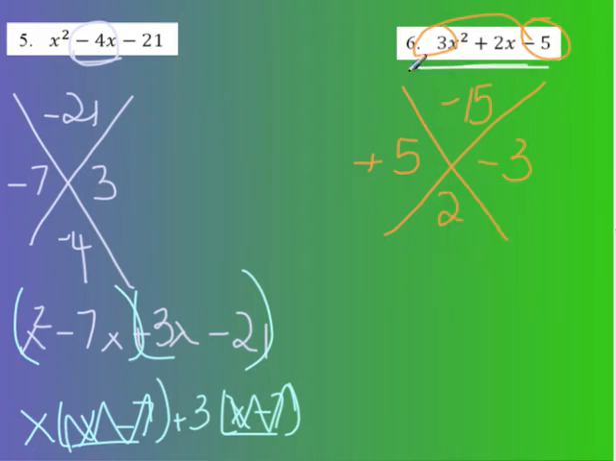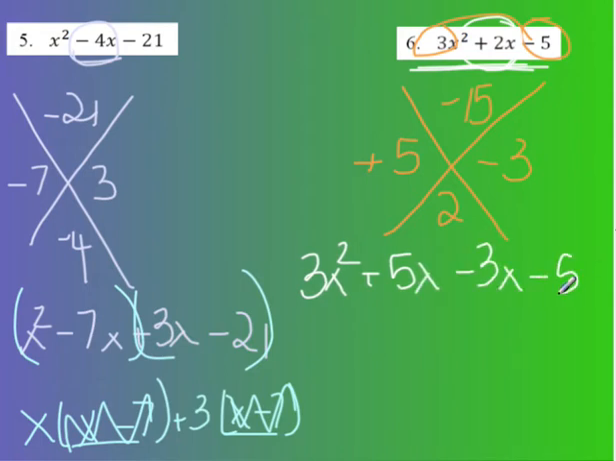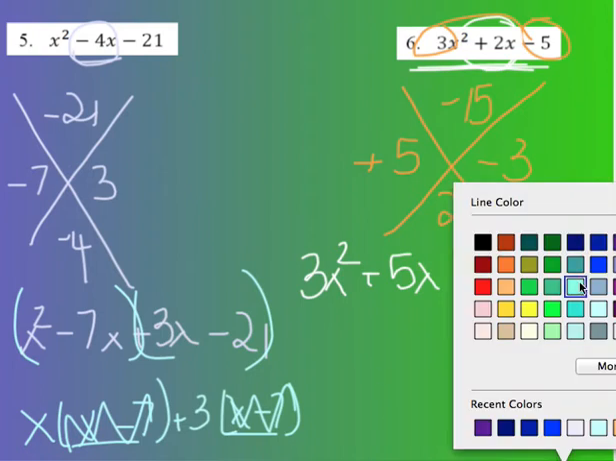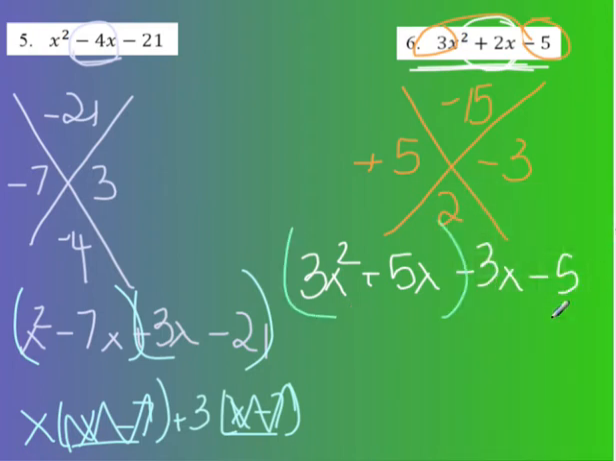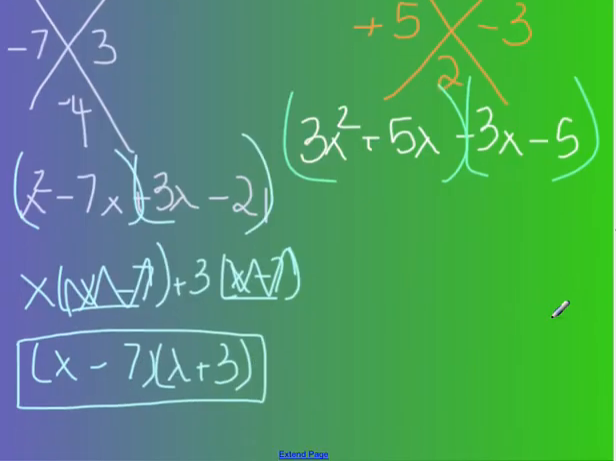So I'm going to split just this middle term up. So I'm going to keep 3x squared the same. Now instead of writing 2x, I'm going to write 5x minus 3x and then the minus 5. So now I'm ready to factor by grouping. Make my two groups. Between 3x squared and 5x, I can divide out an x, and then I'm left with